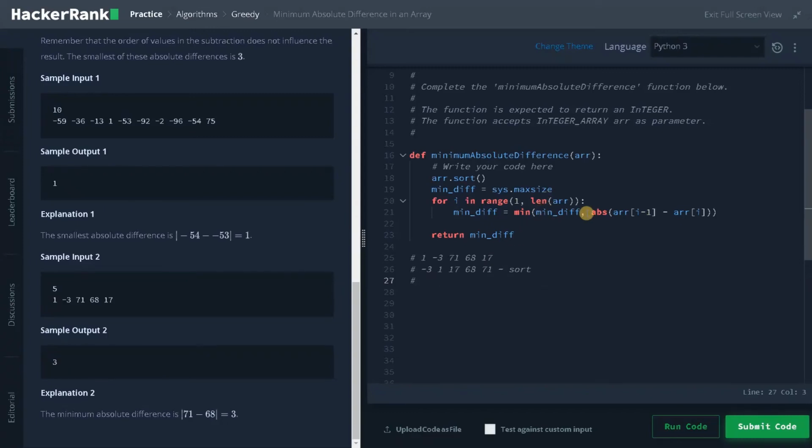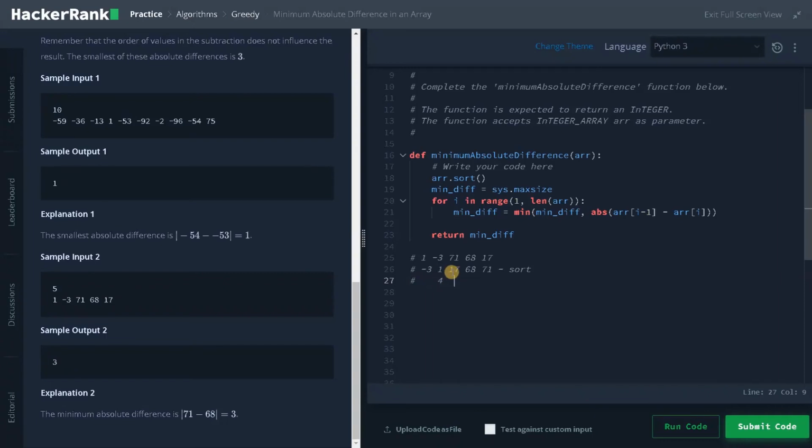We are going to process these steps. I'm just taking the absolute difference between these two elements. This is array of i minus 1, which is minus 3, and array of i is 1. So what is the minimum difference? It will be minus 4, and if I consider the absolute, it will be positive 4.